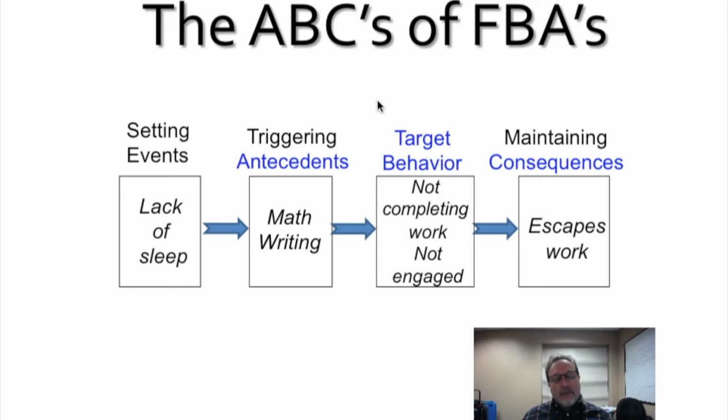Antecedents are those conditions or things that may trigger or give rise to the target behavior, or the behavior of concern. The other variable when you're doing a functional behavior analysis, which contributes kind of like an antecedent but not directly, is what you call setting events. Those are events or conditions in a person's life that make them, in a sense, more vulnerable to having one of these antecedents really trigger the undesirable behavior.